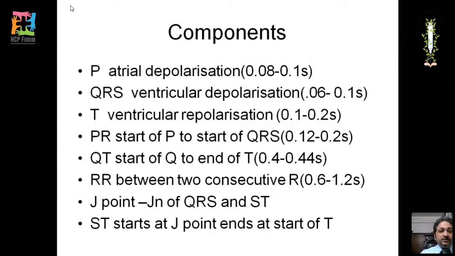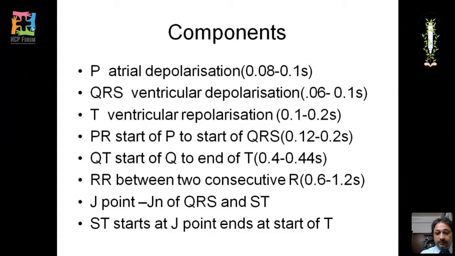The PR interval starts from the start of the P wave to the start of the QRS, and the duration is 0.12 to 0.2 seconds. The QT starts from the start of the Q to the end of the T, duration 0.4 to 0.44 seconds. The RR interval is the interval between two consecutive QRS complexes, and the duration is 0.6